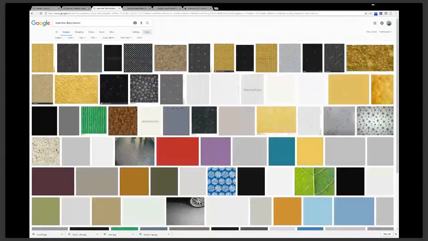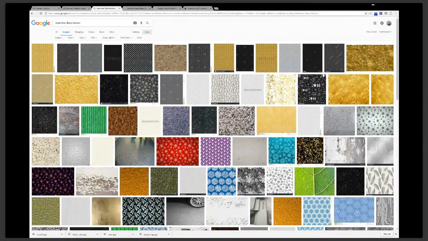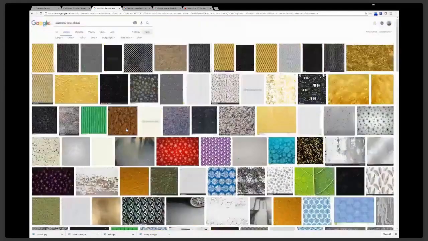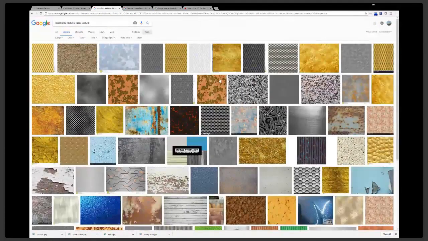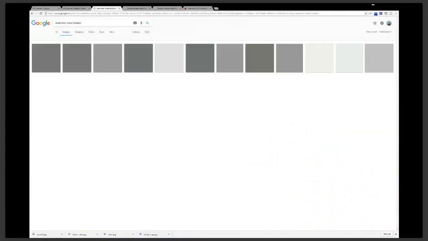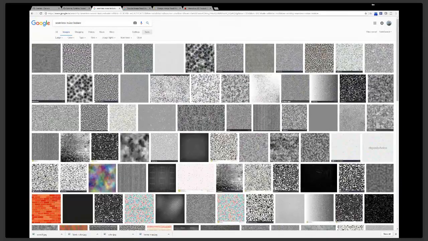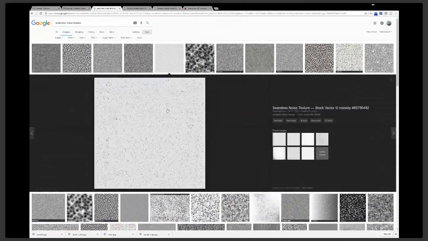texture. See if we've, oh, these are not great. This might work. What else do we have? It's like metallic flake, seamless metallic flake. Okay, another thing I can look for, I think I've done this before just using a noise texture, because that's what metallic flakes are generally. So let's do that. Let's find a subtle noise. This one looks pretty subtle. Let's